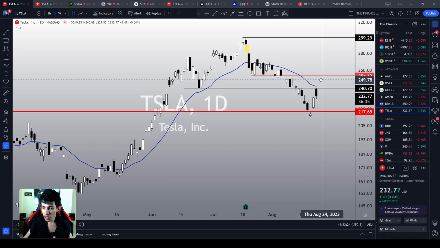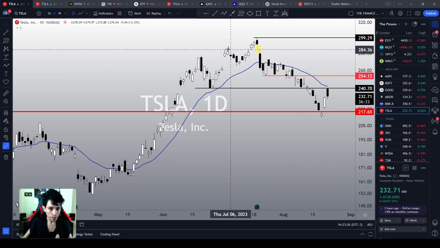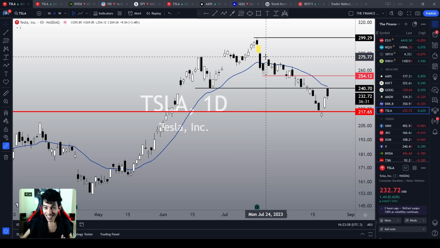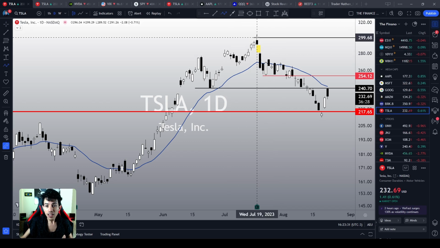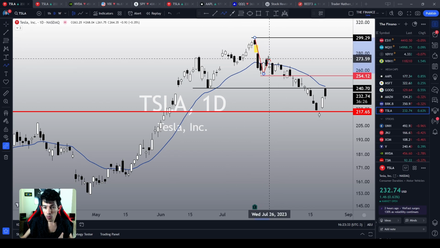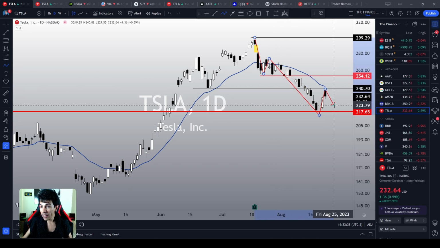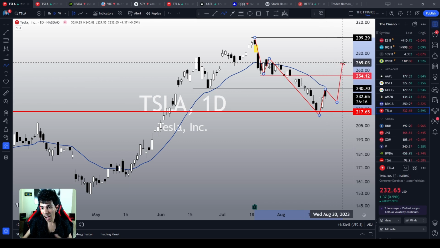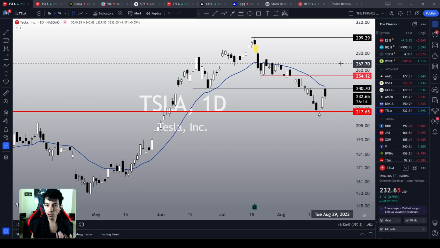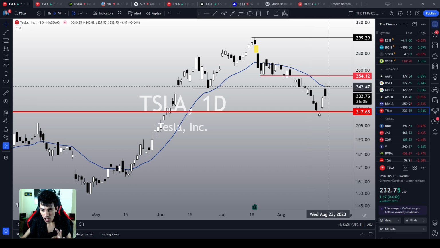Now let's talk about Tesla stock daily chart. Here on the daily chart, Tesla is still in a downtrend. The bearish sentiment still prevails because, as far as I can see, Tesla is still making lower highs, lower lows. Only if Tesla starts making higher highs, higher lows, is it going to truly reverse the mid-term bearish sentiment over here. What's more, it just hit a critical breakpoint over here, the area around